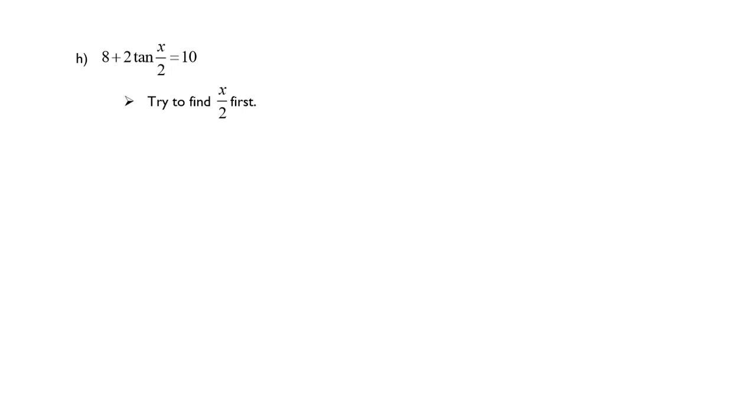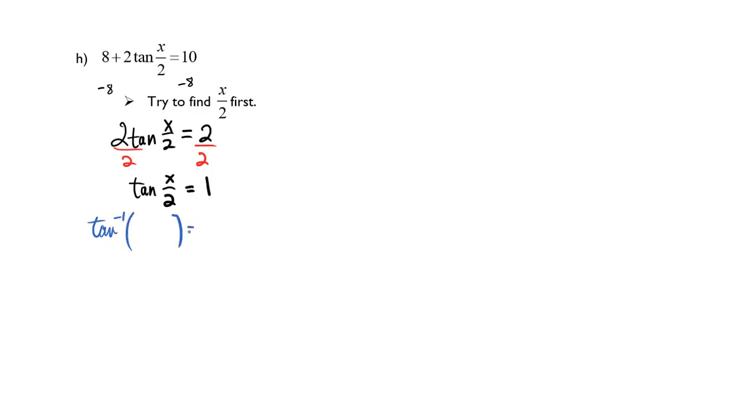We're going to look at 8 plus 2 tangent of x over 2 equals 10. In this equation, we're encouraged to find x over 2 first. So we will isolate the tangent of x over 2 by first subtracting 8 from both sides, and that will give me 2 tangent of x over 2 equals 2. Then I will divide by 2 on both sides, and that will give me tangent of x over 2 is equal to 1. Then I'm going to take the tangent inverse of both sides,